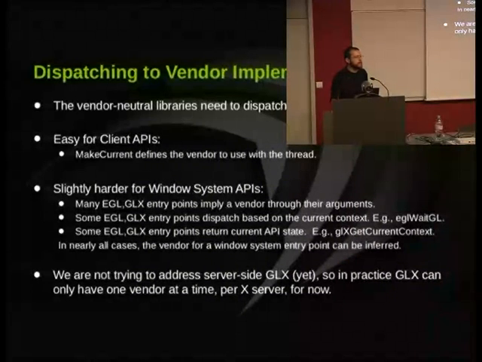But I guess the point here is that in nearly all cases, when the vendor-neutral libraries need to dispatch to a vendor, it's pretty clear who the vendor should be. And then I guess this last point is sort of interesting. We've designed this mostly from the application client side of things, but we're not trying to address server-side GLX. NVIDIA, AMD, and Mesa all provide independent GLX extension implementations,